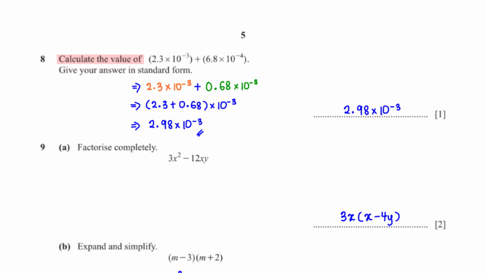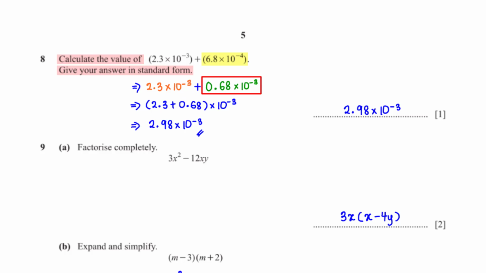Calculate the value of 2.3 times 10 raised to the power negative 3 plus 6.8 times 10 raised to the power negative 4. Give your answer in standard form. Before adding the numbers, we can first rewrite this number to have a power of negative 3. To do that, we multiply 10 raised to the power negative 4 by 10, which gives us 10 raised to